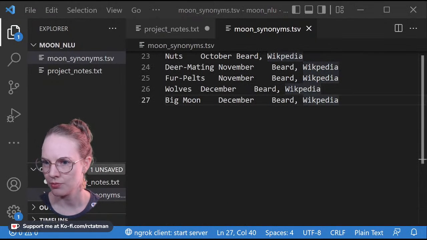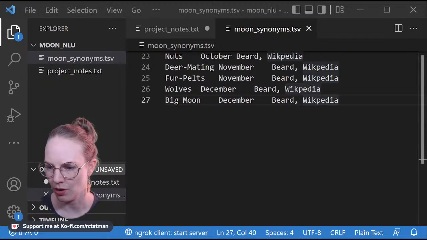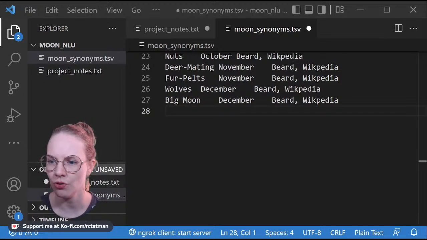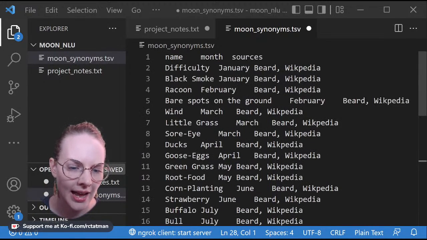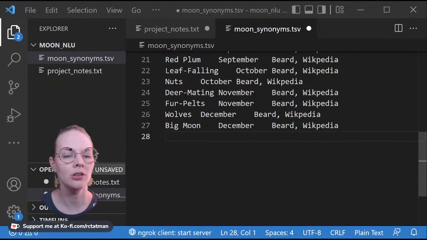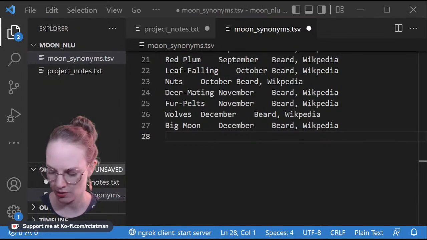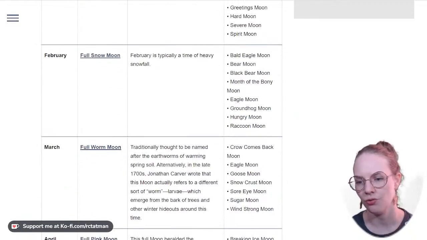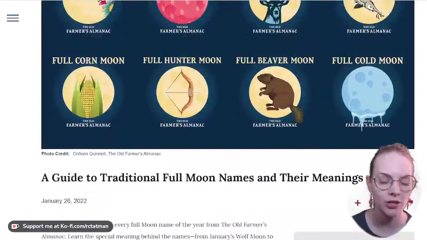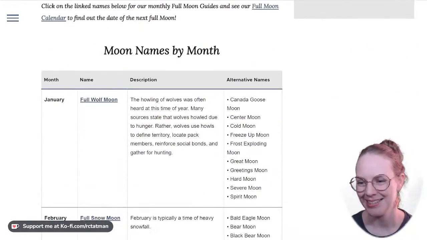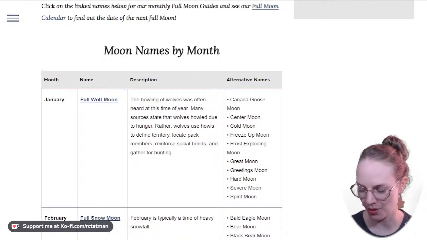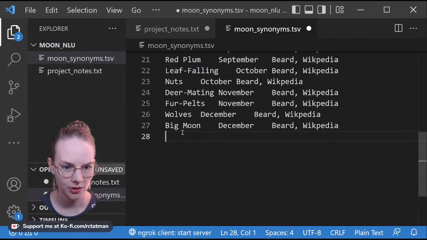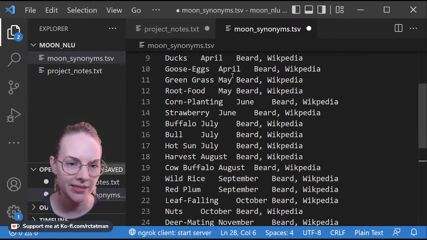So I'm just going to be going back and forth for the Farmer's Almanac. So the full wolf moon. Okay, so they are gonna have full in front of each of the names. So I'm just gonna ignore that. I'll show you what I mean. So they have full in front of each of these names, right? Full wolf, full snow, full worm, full pink. I'm just gonna ignore that and only use the name that they provide without full in front of it. So if you're wondering what I'm doing, that's that. The wolf moon. Actually, I can also probably take out moon.